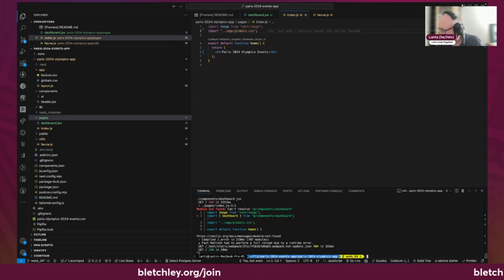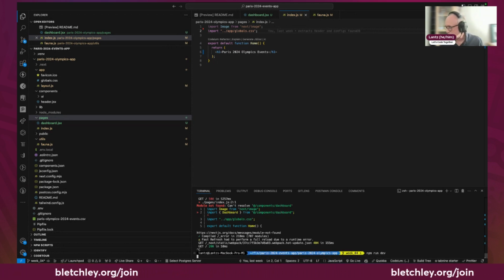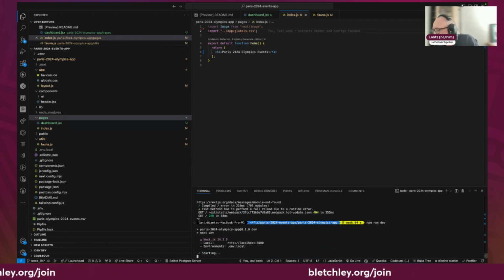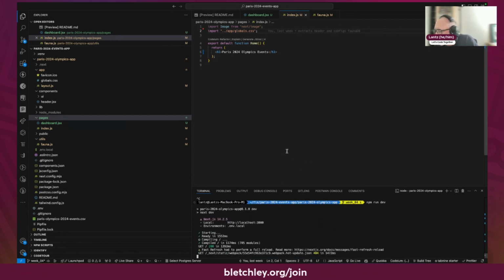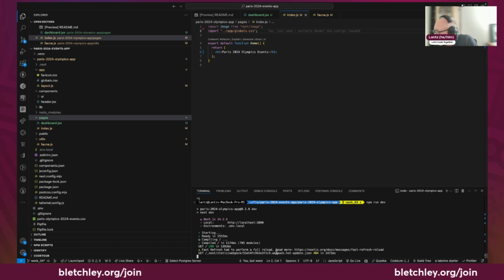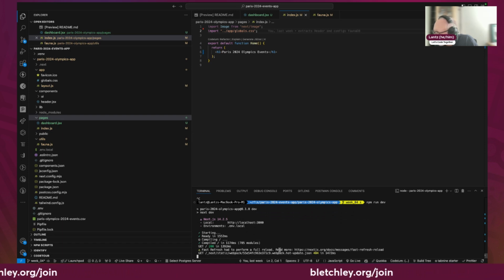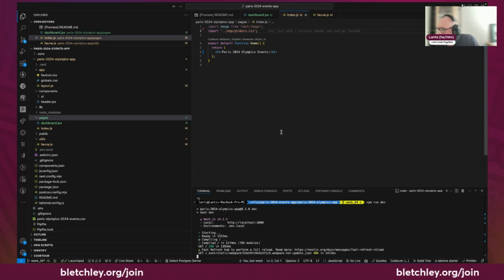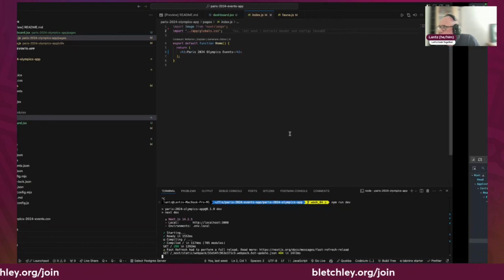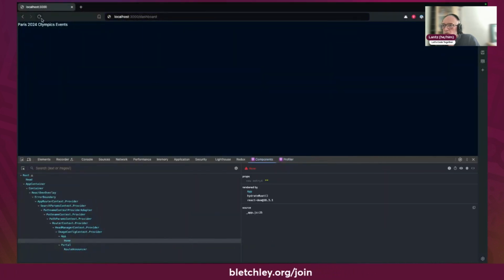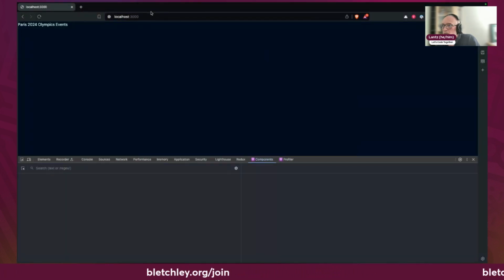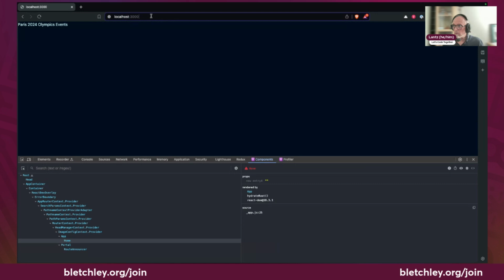Sometimes when you change routes, you need to reboot the server again. Compiling, next static, hot update 404. I'm not sure why the 404. But let's see. If we request on dashboard,